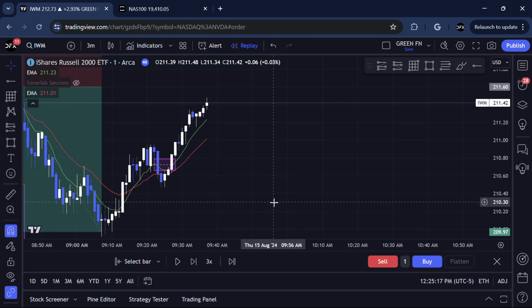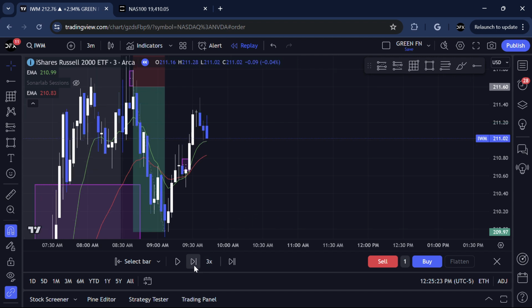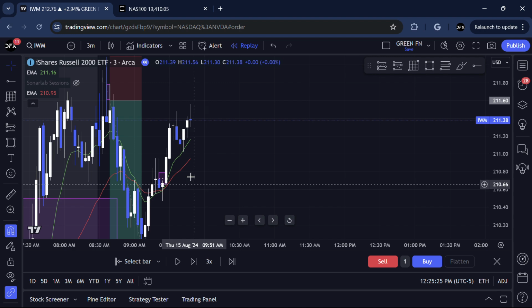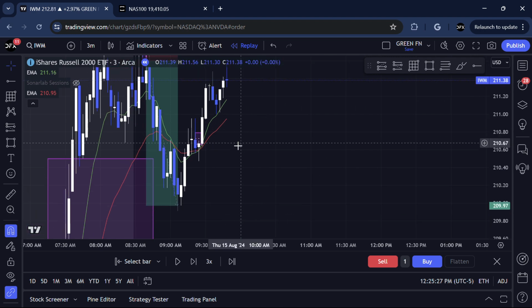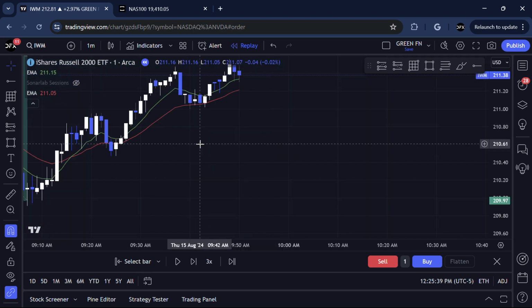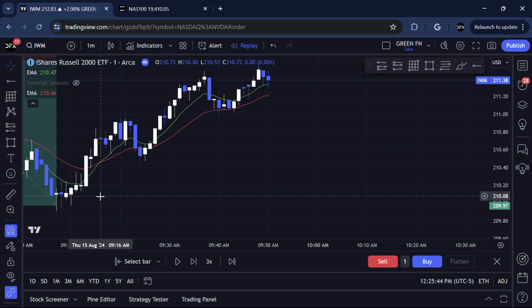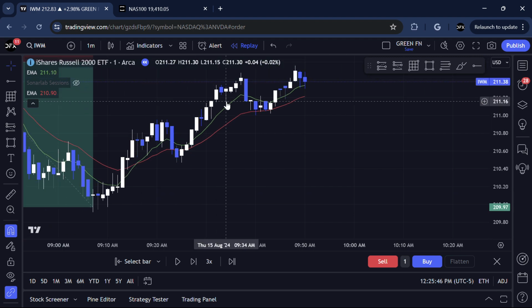Actually, I believe it was on the 3-minute time frame where we can see that price comes into it. Let's see. Okay, so it was actually at this candle. I'm sorry, I see right now I wasn't even paying attention. But what happens? It was on the 3-minute time frame, and this is exactly why I missed it, because I wasn't looking at a higher time frame. I was looking at the 1 minute, trying to see if I could find something that would come back into this imbalance or create another imbalance, and that's exactly why I missed it.